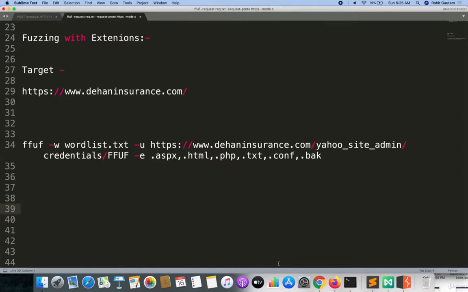But in case there is a sensitive file, for instance, let's say we get a database configuration file, which has an extension at the end of conf. Generally, most of the configuration files end with the extension conf. So at that time, fuzzing with extensions is going to help us identify sensitive files which are lying on